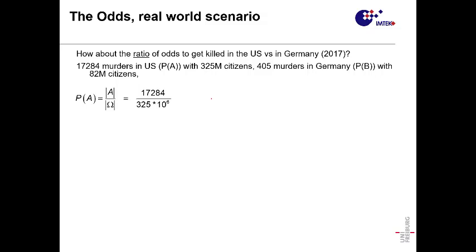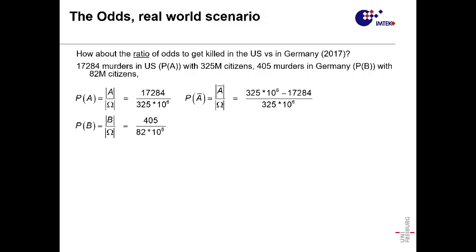And then we can calculate what is the probability to be murdered in the USA, right? And the probability is basically how many people were murdered over the total population of the US, and that is what we get there. And then what is the probability of not being murdered? That would be the total population minus the people that were killed over the total population, right? That's what we see here.